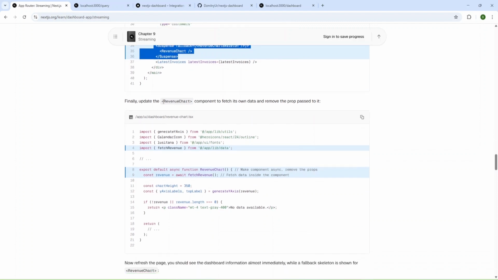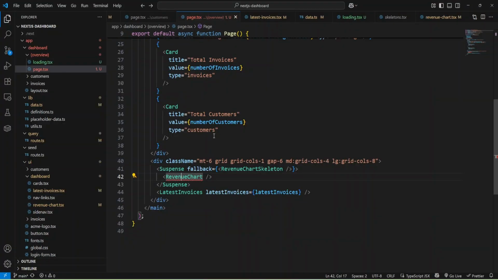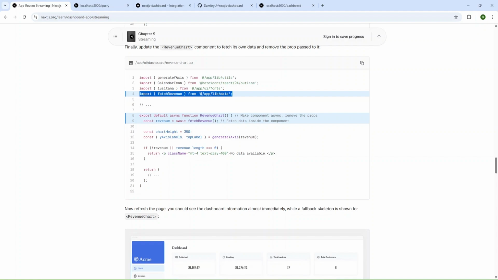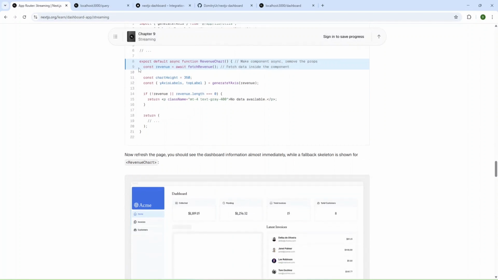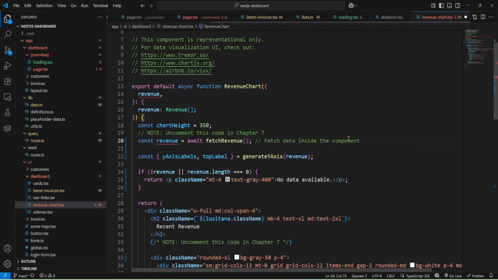Okay, and we need to update revenue chart. Okay, and I'm going to do it here. And we need to add import here and also add code to our chart. Okay, and let's add it here.